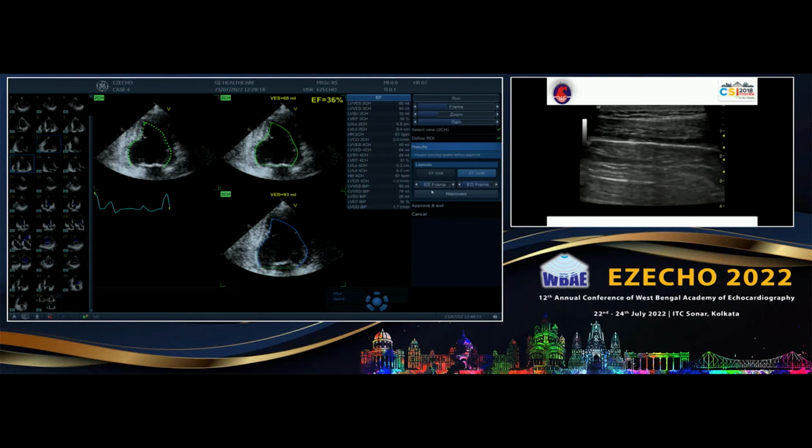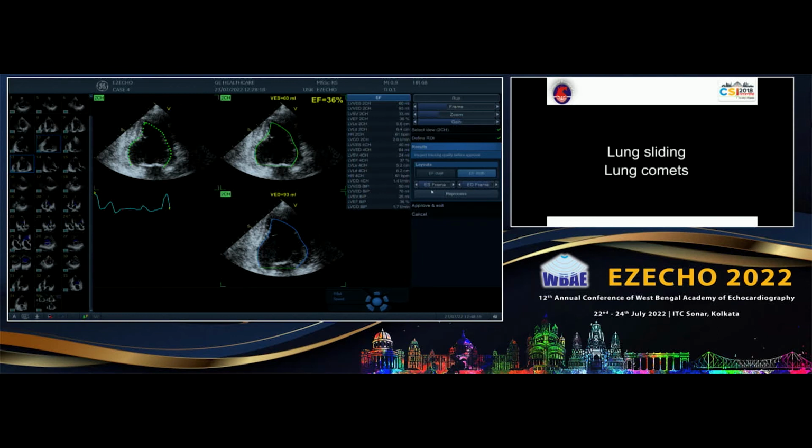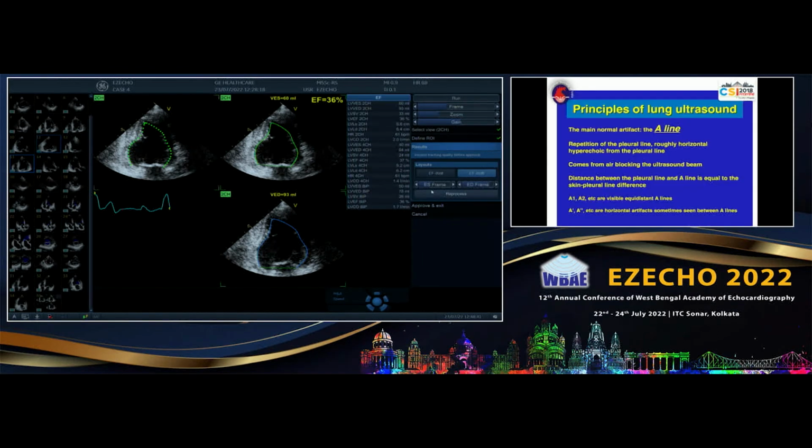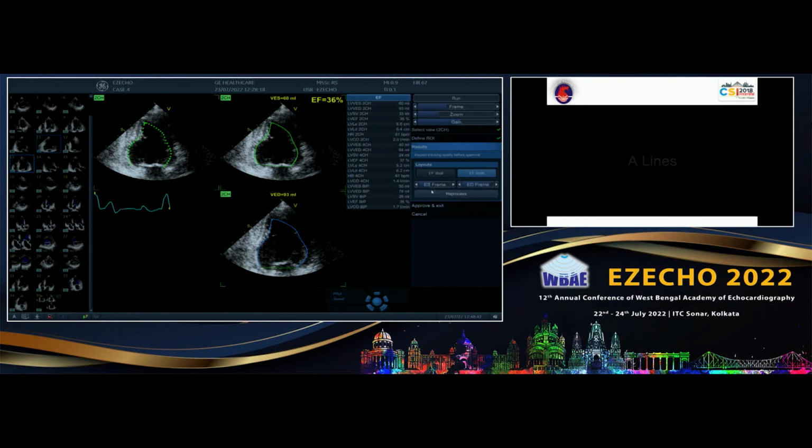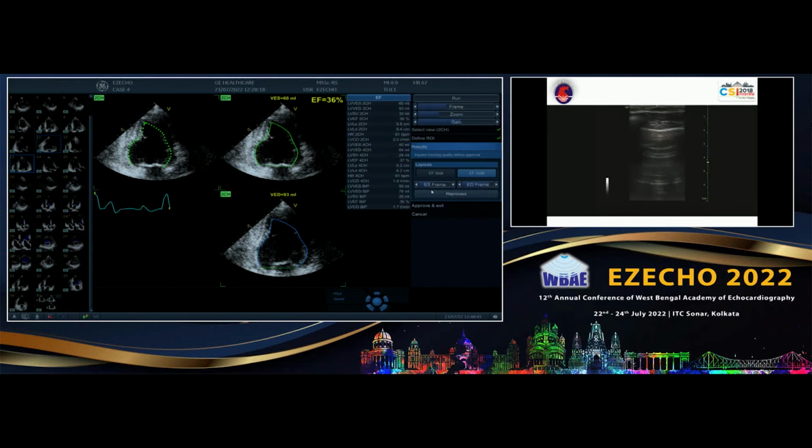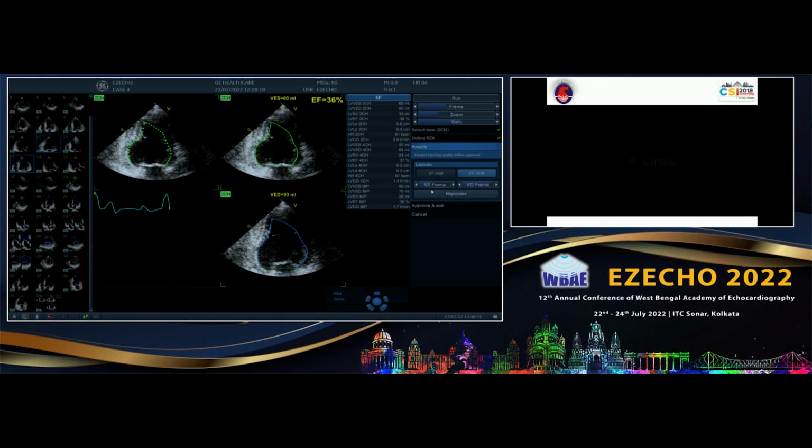And then you see these A horizontal lines, these are the A lines, correct? These A lines, in this way. These are the A lines. So what happens is that